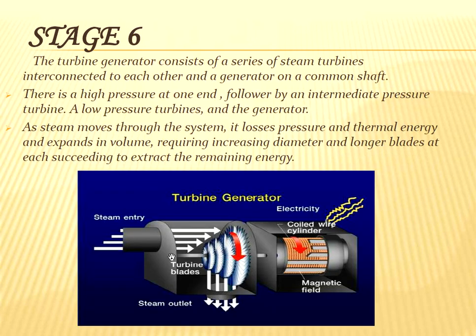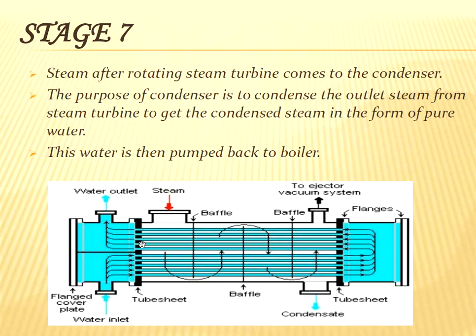And this is the stage 6, where we have the turbine. Steam enters the turbine and rotates the turbine and comes out as the cold steam. And this turbine is connected to an alternator or a generator, where when it rotates, it generates electricity. And this is the condenser plant, where the